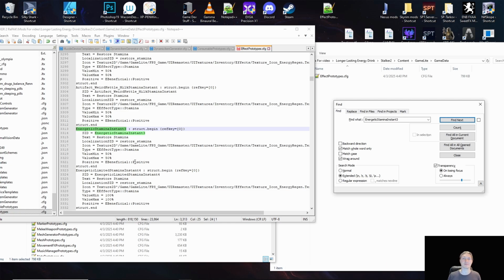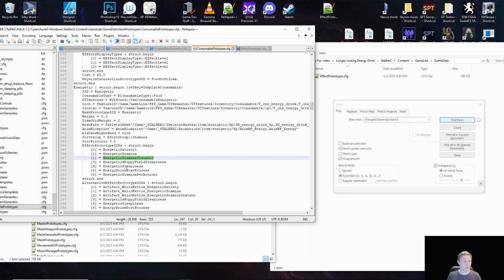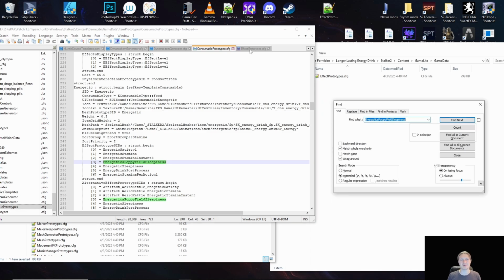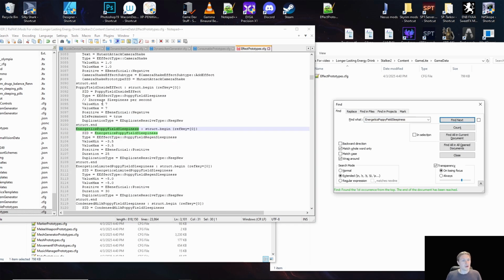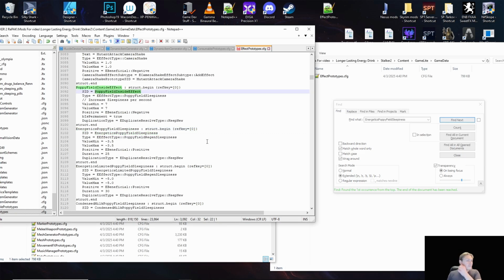Restores 50% of your stamina right when you drink it. It's self-explanatory. Okay, here's the next interesting one, the energetic poppy field sleepiness effect. And we see the effect right above here. So when you're in the poppy field,